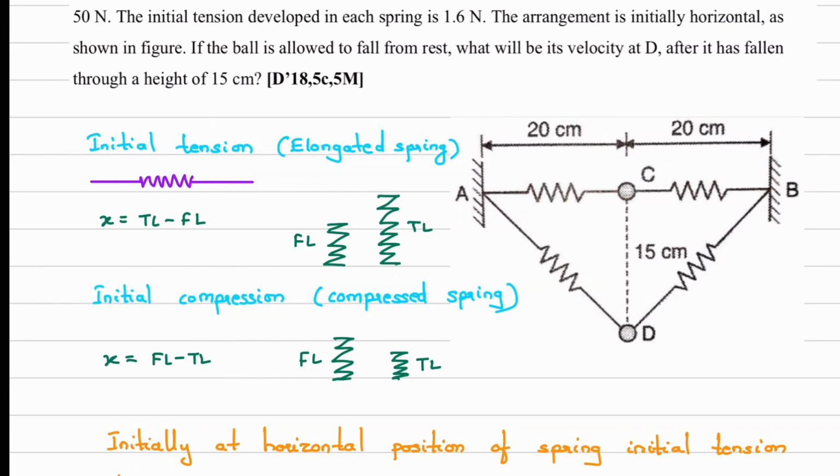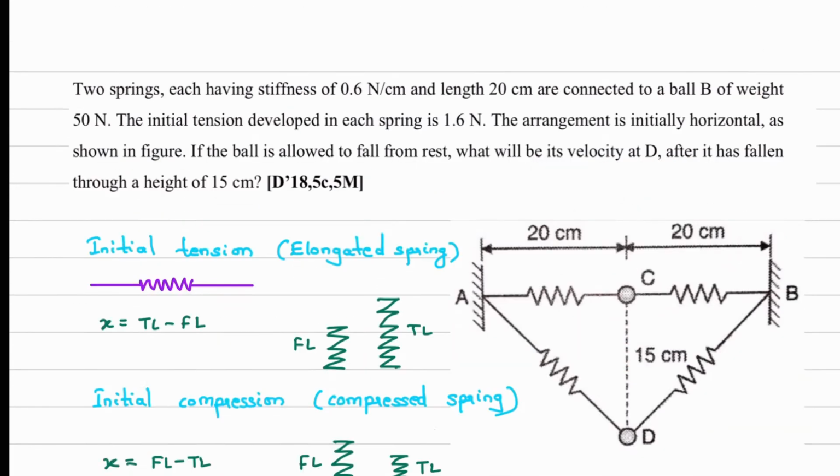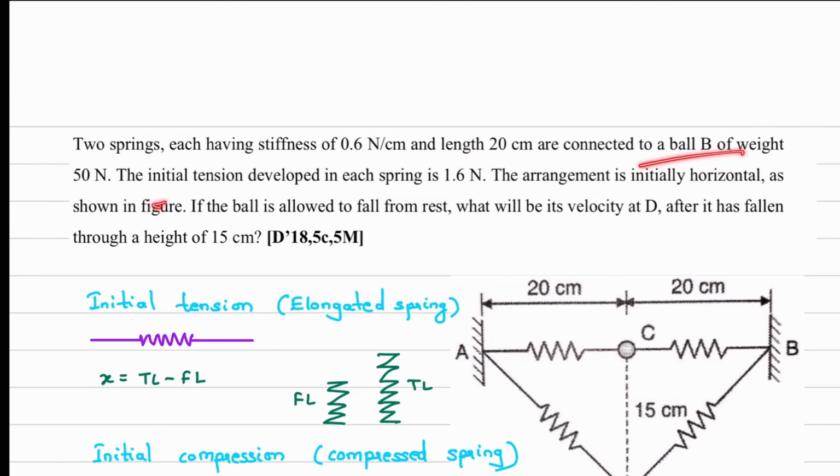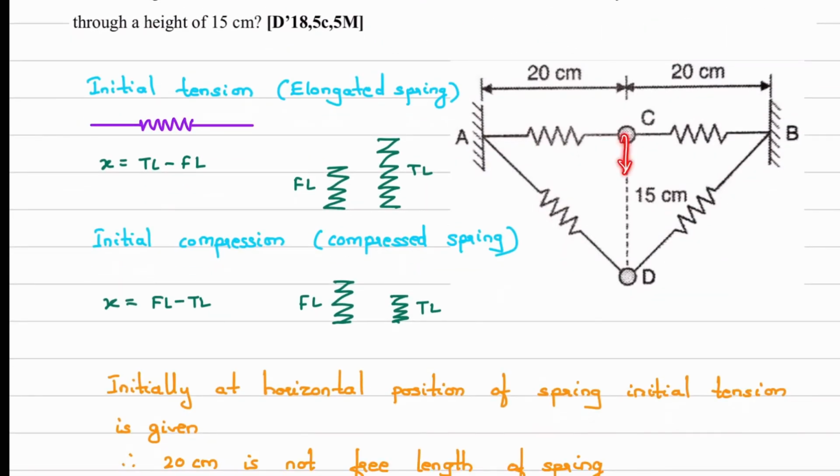Then the second thing is the ball, it travels from top to bottom. It has weight. What is the mass given here? The weight is given in the question. The ball has a weight of 50 Newton, and it travels 15 centimeter displacement in the direction of this weight of 50 Newton. So work done will be positive: m g, which is 50 Newton, into h, which is 15 centimeter. We have to convert that in meter, so 0.15 meter. So I'll write down the equation now.